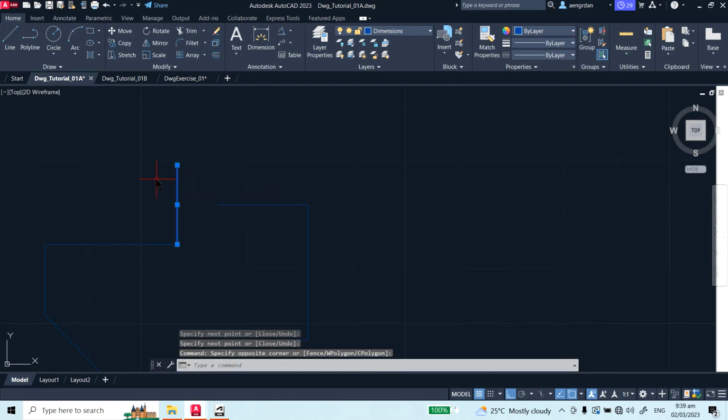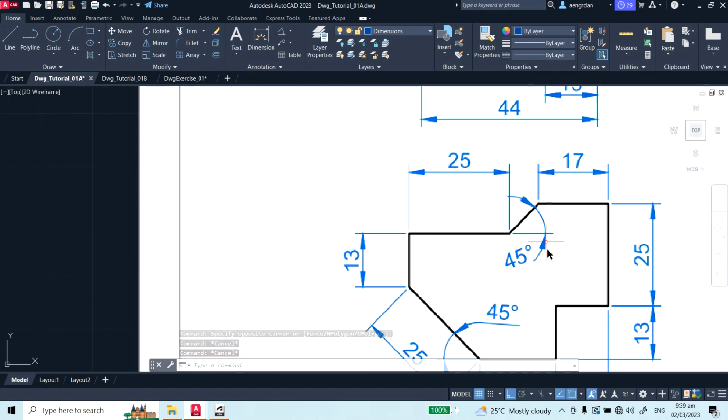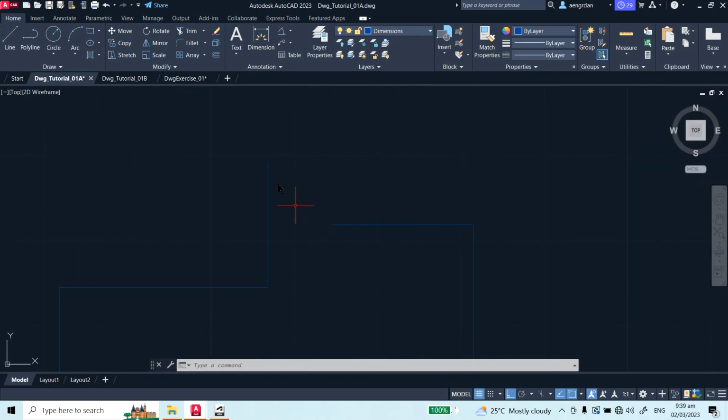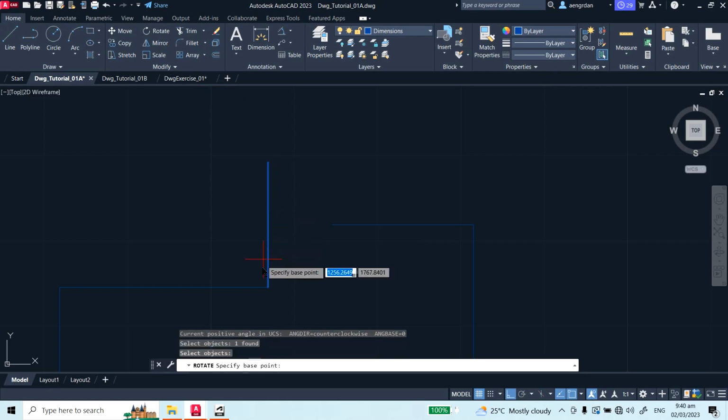and then if you click this line, I will just rotate this 45 degrees. Right, so 45, so it's the same. It doesn't matter if it's in the vertical or horizontal, as long as it's 45, so that's fine. So type RO for the rotate, or click the RO command, and then select object, select base point, and then